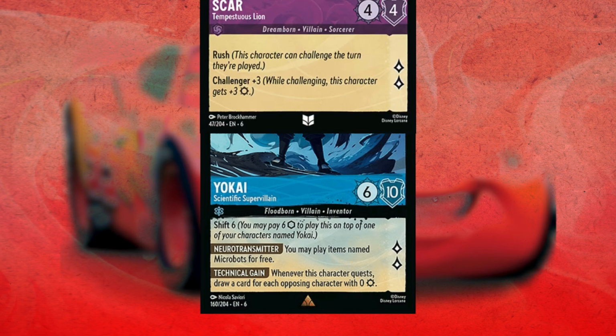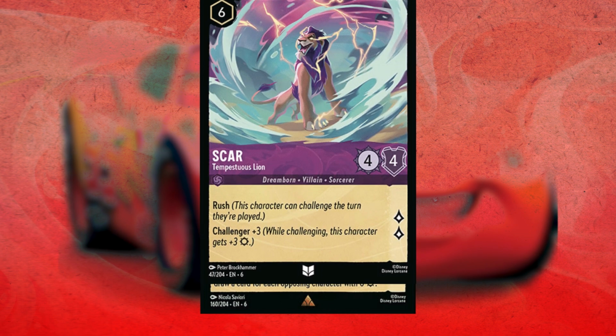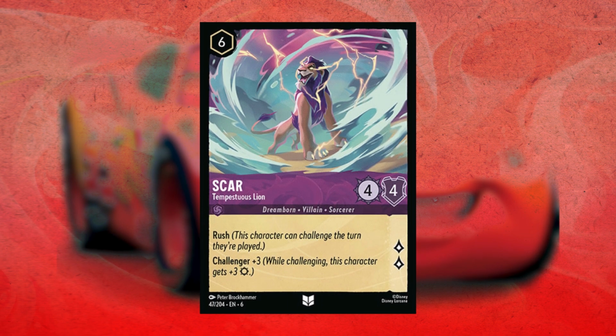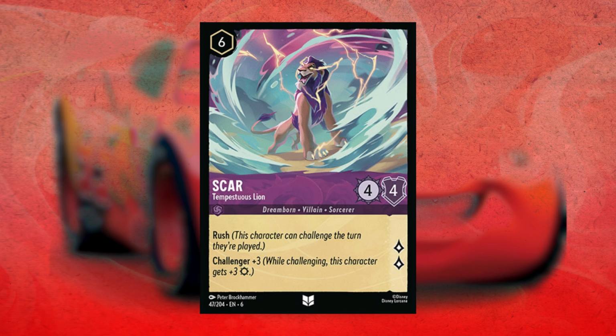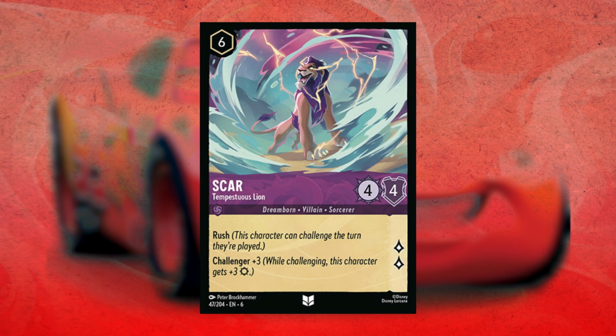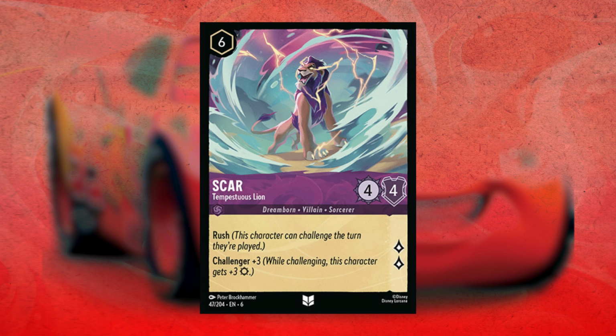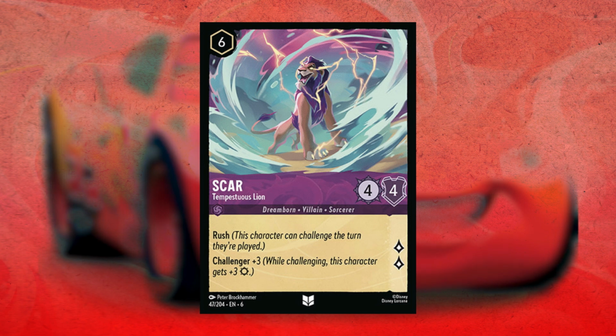You know I talked about Simba already. Now I gotta go back to Scar, Tempestuous Lion. Scar's anger has grown for far too long as he channels a mystical tempest of water and lightning, a storm embodied and harnessed by a treacherous lion. It's the crescents of waves around Scar's form and the arcs of lightning shooting from the sky and the tips of his claws that make this art really stand out so unbelievably well.